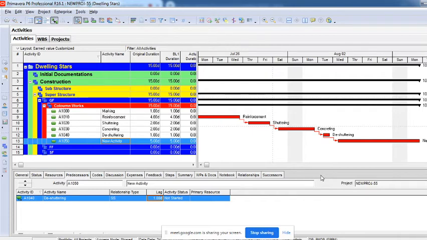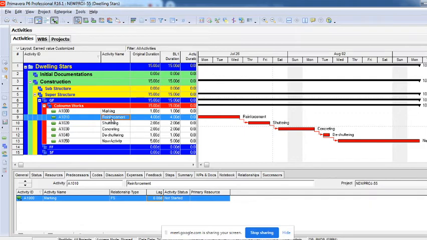Right? So once we do this much, we'll have to create the roles and the resources, and in fact we have a lot of things. Constraints: a constraint is a limitation. If you want to constrain any activity, it is not compulsory. If the activity is critical, you need not give a constraint, because the activity itself is a constraint. It does not have any float or extra days, so you cannot make any adjustments. Every day that amount of work has to be completed. If not, the whole project will be affected.